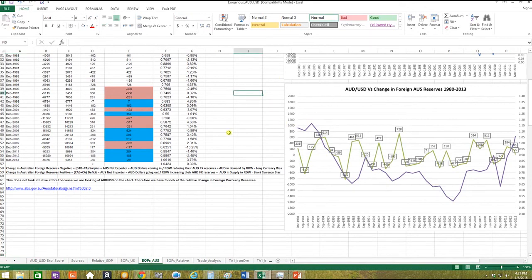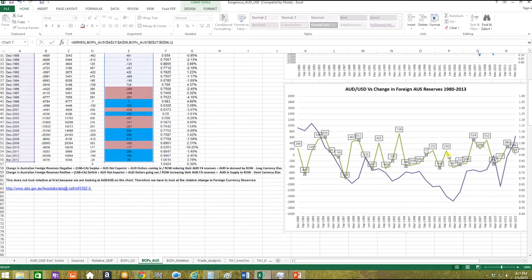And what we've got here is on the right hand side the Aussie dollar US dollar exchange rate versus the change in foreign Australian reserves, so versus the balancing item. If we click on that, you'll see we're referencing column E, the change in the balancing item. So on the left hand side we have the scale of minus to plus 2 trillion,